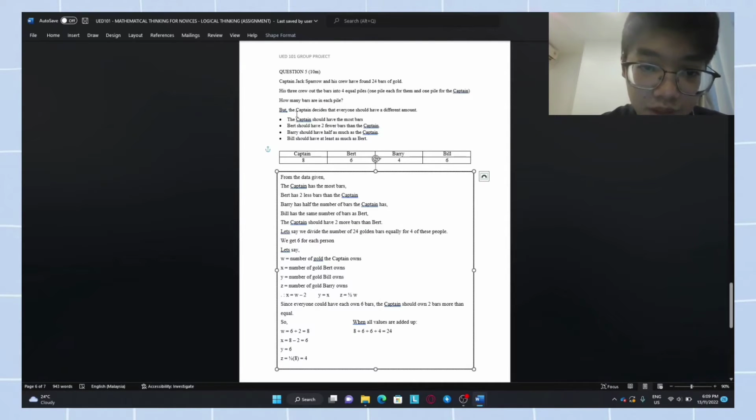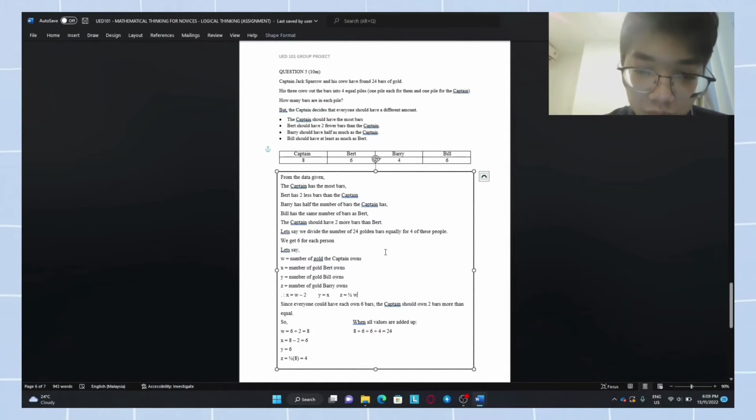So what we can obtain from this question: the captain has the most bars, Bert has 2 fewer bars than the captain, Barry has half the number of bars the captain has, and Bill has the same number of bars as Bert. We can also say that the captain should have 2 more bars than Bert, since Bert has 2 fewer bars than the captain. But before we obtain the number of bars the captain has, since the number of golden bars for each person is different,